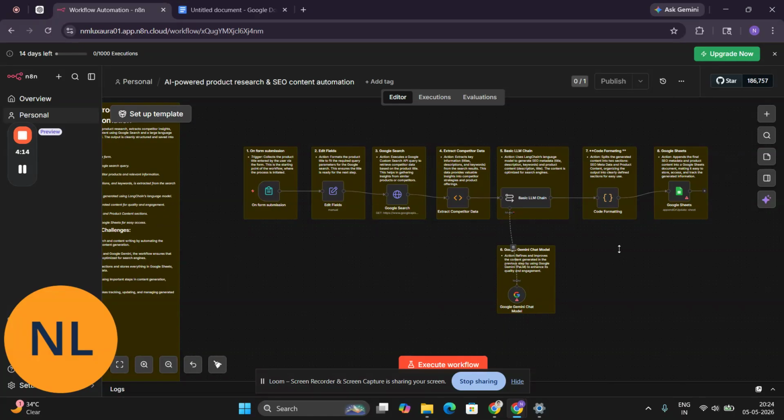And the final output is the Google Sheet. A Google Sheet is an easily readable document where you can find your product listings in the columns, showing how easy it is to store, access, and track the generated information. You see, the whole research, which could have taken 5 to 6 hours of your day, you're now getting in 5 to 6 minutes. Replacing those 5 to 6 hours with 5 to 6 minutes is the work of AI automation, right?